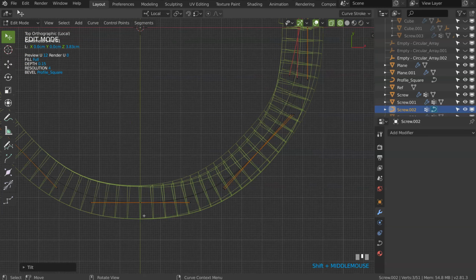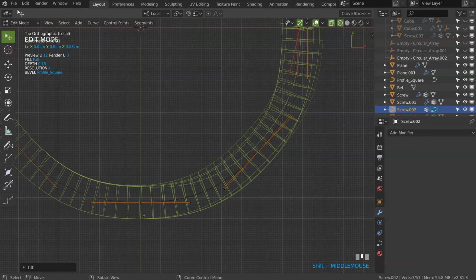So, we have this right now, and if we check, let's hide all of this. Let's also hide the first cube, the ref, like that. If we check here, this is what we have, and this is not so bad. On this one, I can increase the number of segments.